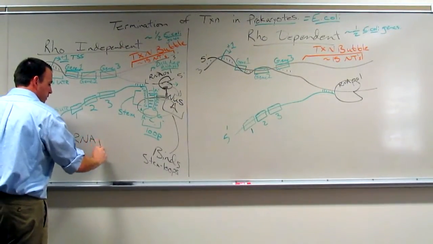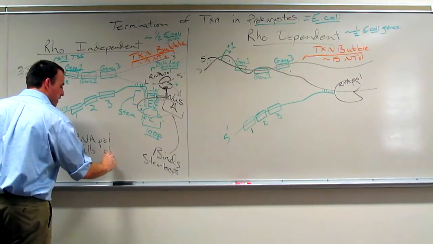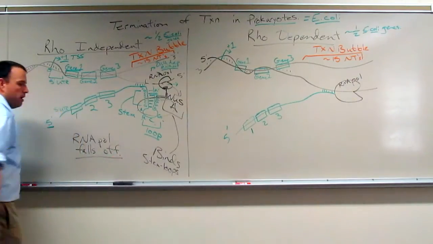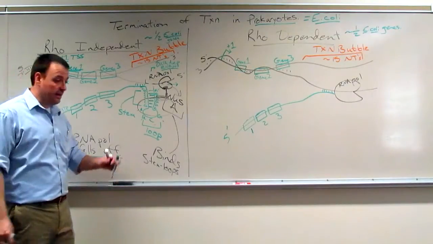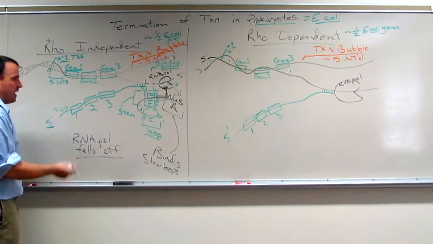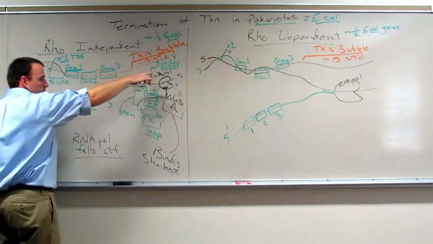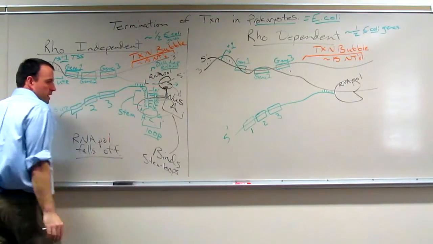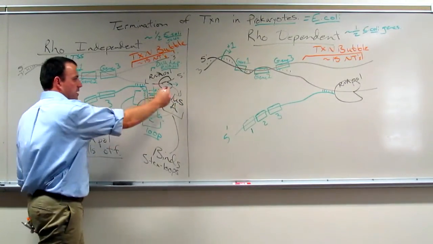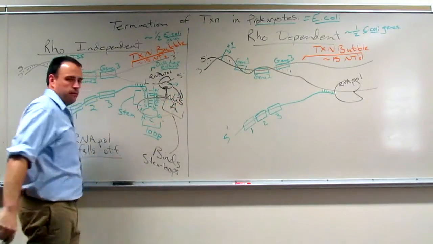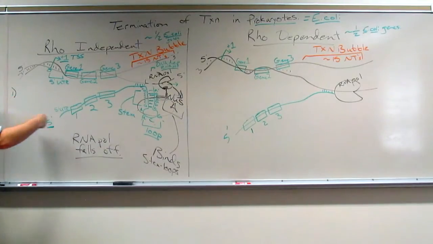Well, RNA pol falls off because unlike DNA polymerase that has a clamp on it called the beta sliding clamp that holds it steadily onto the DNA, RNA polymerase doesn't have anything. It just chomps down the DNA, writing new RNA. So any little perturbation, like a small stem loop structure giving, let's say, a tug, causes RNA polymerase to fall off. So if you're a steps-oriented individual, 1, you write